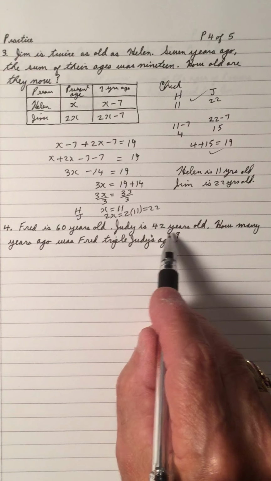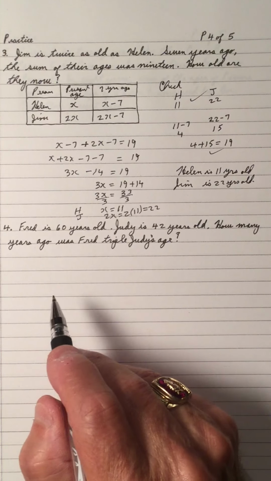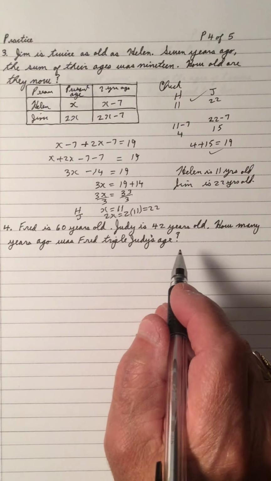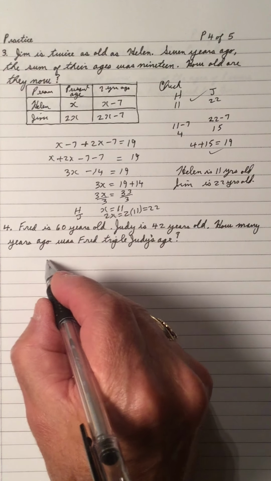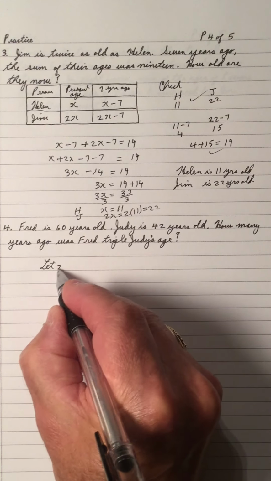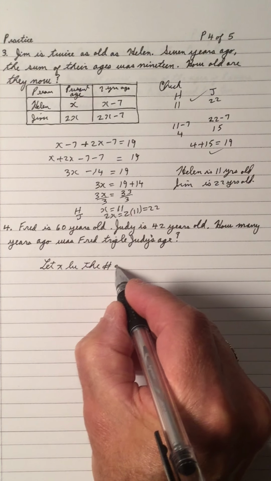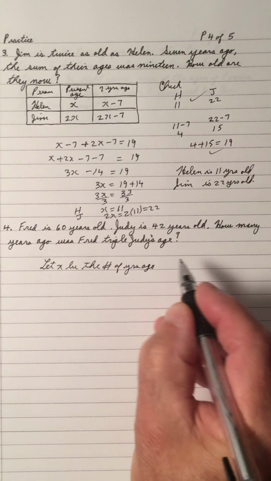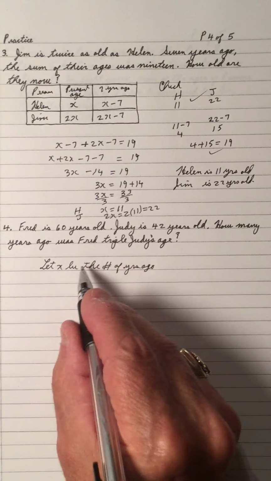Judy is 42 years old. How many years ago was Fred triple Judy's age? So again, we don't need years ago. We just have to find how many years ago. So what I'm going to do is let X be the number of years ago. So if Fred is 60, X years ago,